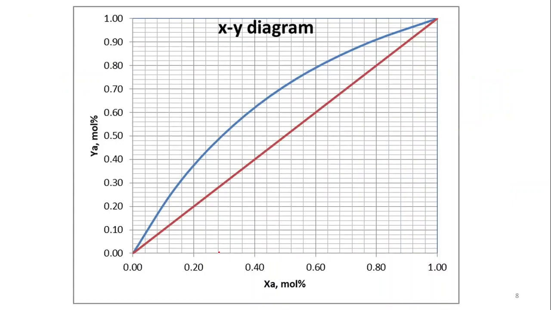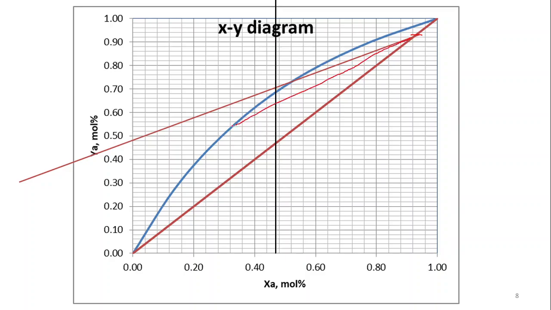At this condition, if this is the diagram and this is the feed condition, and this is the enriching operating line at that particular slope, and you minimize this slope, it will lower down again and again. So there can be one condition like this. But which value of the slope would you like to take? Be careful to look at this one condition.